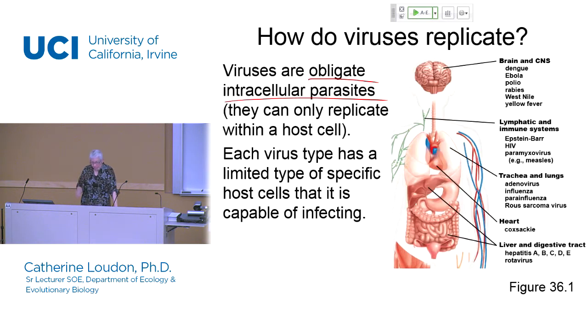And in addition, viruses have some specificity in terms of what kind of organism they're capable of infecting. For example, some viruses can only infect one particular species of plant or animal. Others can infect a couple of different species or types of hosts. But there's a lot of variation in that.